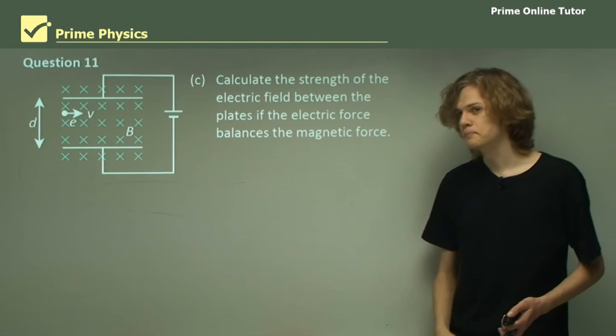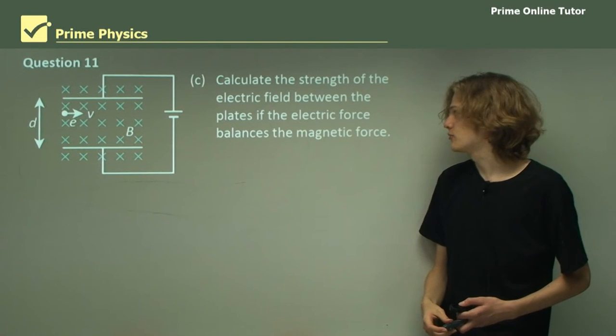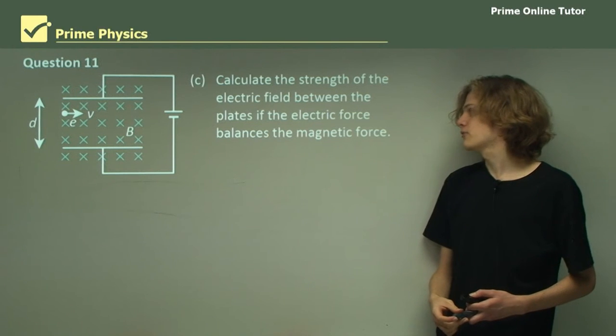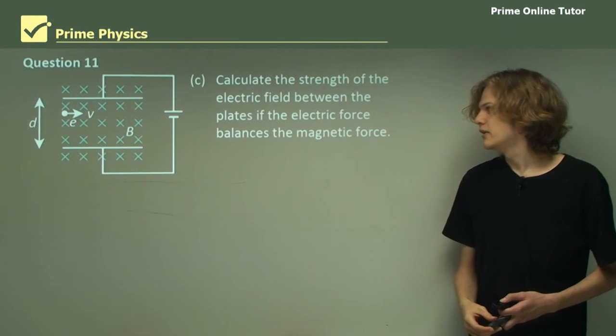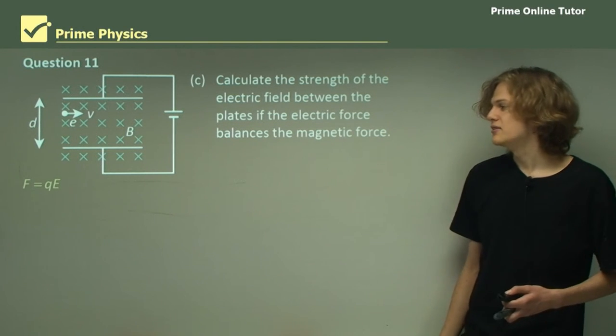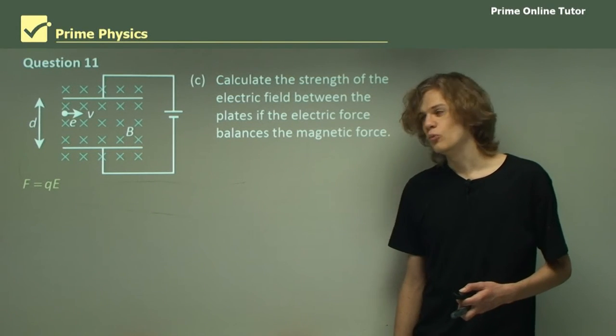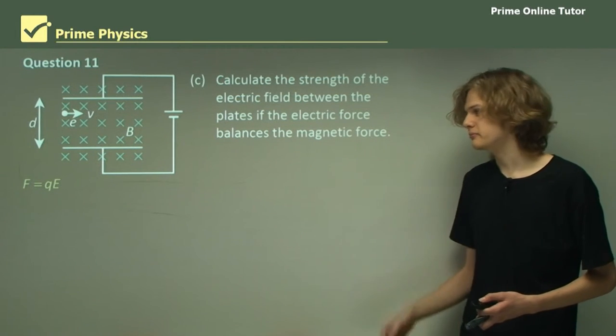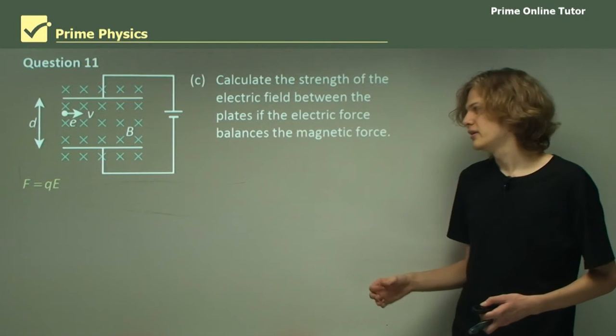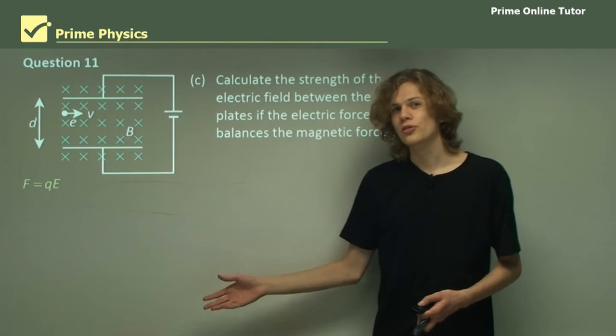Finally, part C. Calculate the strength of the electric field between the plates if the electric force balances the magnetic force. Now, the relevant equation here is F equals qE, which, as we know, is the force on a charged particle in an electric field. Now, all we have to do is equate this force with the force we